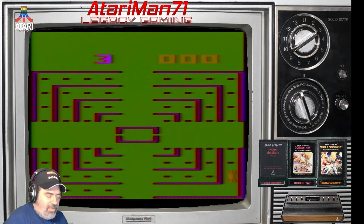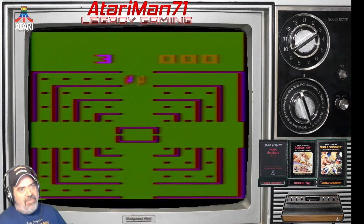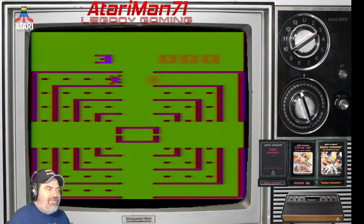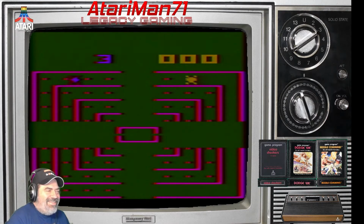The game reminds me a lot of a racetrack I had, basically in 1980. It was called, I think, Crossfire Alley or something like that. I think the racetrack was a lot more fun than the...